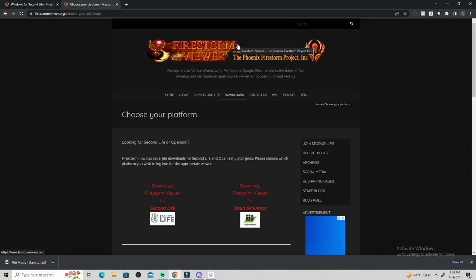If you ever got on the Second Life viewer, you downloaded it straight from the Second Life website, you'll notice that it's so laggy, it's unplayable. And I think a lot of people get discouraged from playing it because they see all that lag and they don't realize that nobody plays on the Second Life viewer. We play on either Firestorm or Black Dragon. In the intro clip that you seen, I was playing in Black Dragon. I could also put the link for that down below in the description box. So we're gonna go ahead and download it right here